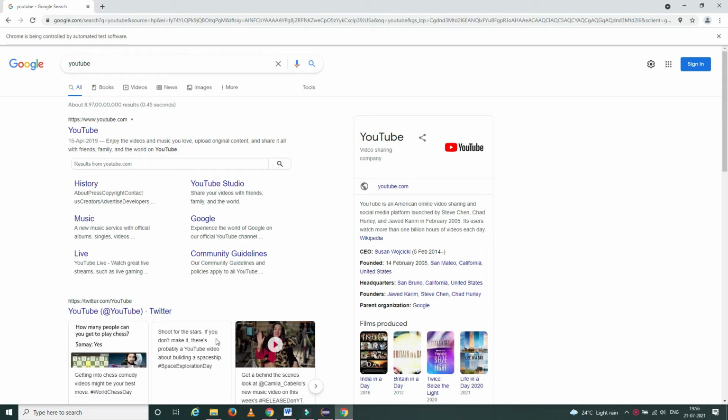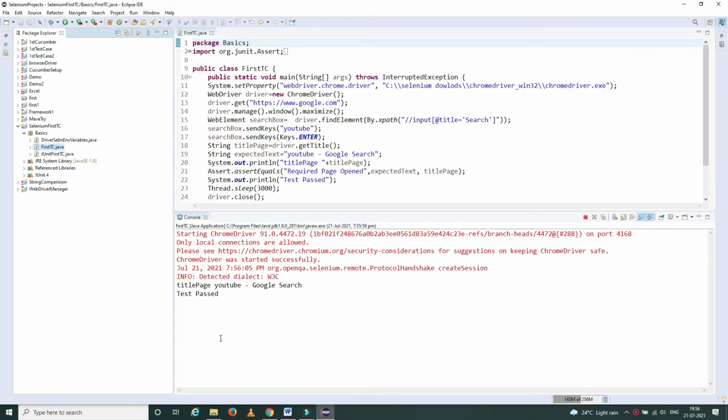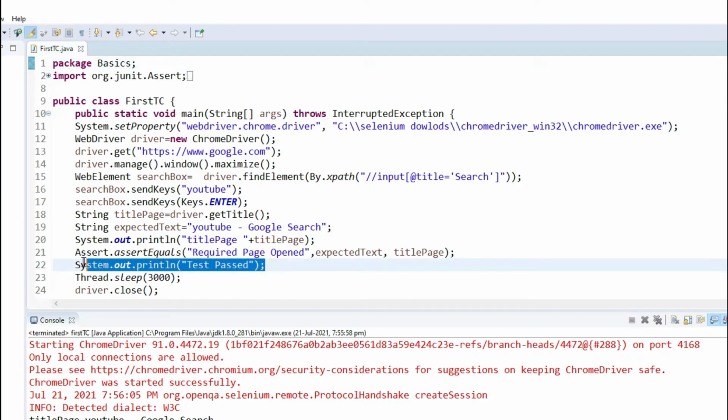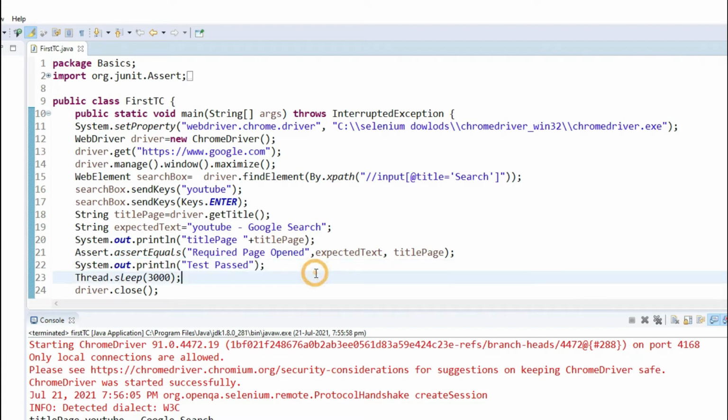In the previous video of how a complete absolute beginner can write his first test case in Selenium, I have discussed each line of this program. What does it mean and what is it doing? I'll link that video in the info and description box as well. Please go through it to have a better understanding.